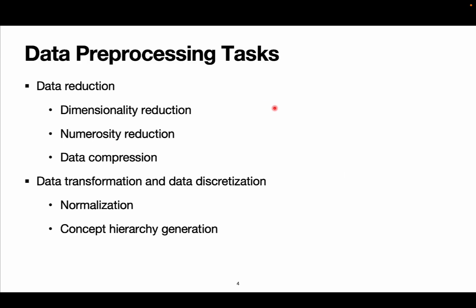Because the data has many dimensions and is very large, we want to reduce the number of dimensions without causing knowledge loss. We also want to leverage compression techniques to reduce the data size. Data transformation involves normalization and hierarchy generalization. In normalization, we transform the data to a different scale or standard. For concept hierarchy generation, think about tree-based data structures like ontologies and taxonomies, which help with data analysis.